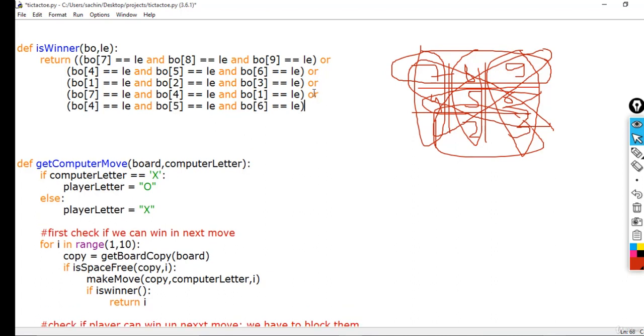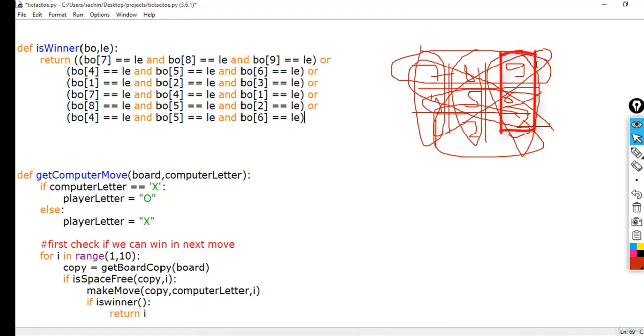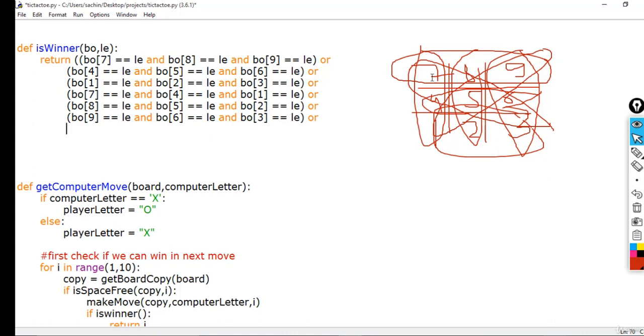Let's do this quickly for another column. So that would be for 8, 5, and another would be for 2. So we have now the last column, that should be 9 and 6 and 3. 9, and next one would be 6, and next one would be here 3. So we have a diagonal position, that is 7 5 3 and 9 5 and 1. So let's define that too here, that is 7 first, and 5, next one would be 3, put an OR